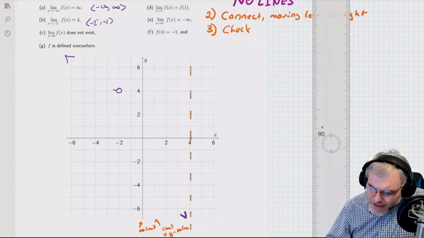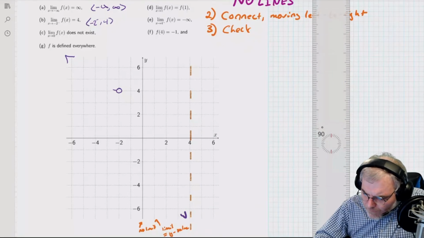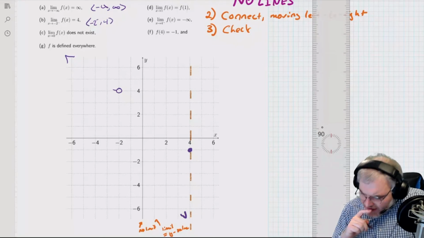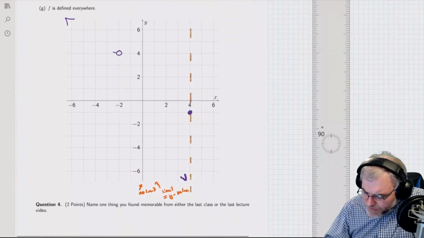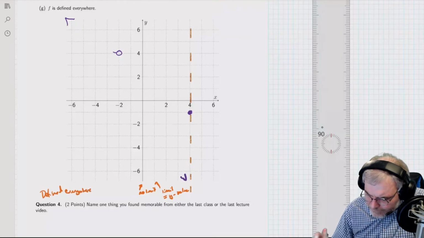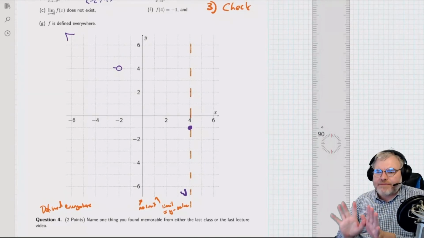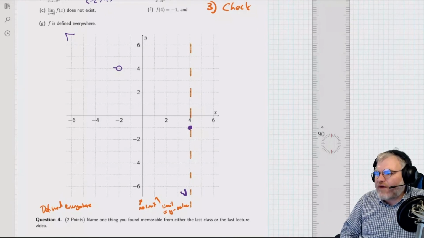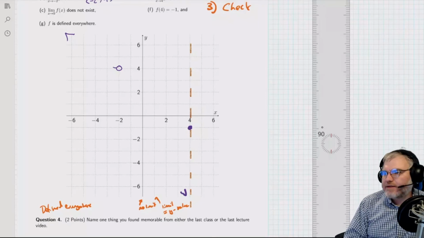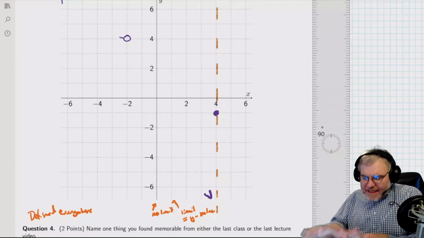And then the last thing that has to be true is f of 4 equals negative 1. Well, it's not the last thing because there's one more condition. F of 4 equals negative 1. And then I need it to be defined everywhere. So I'm just going to write at the bottom, defined everywhere. Now, I'm done with step 1. So 1 to 5, how do we feel about step 1 of graph?